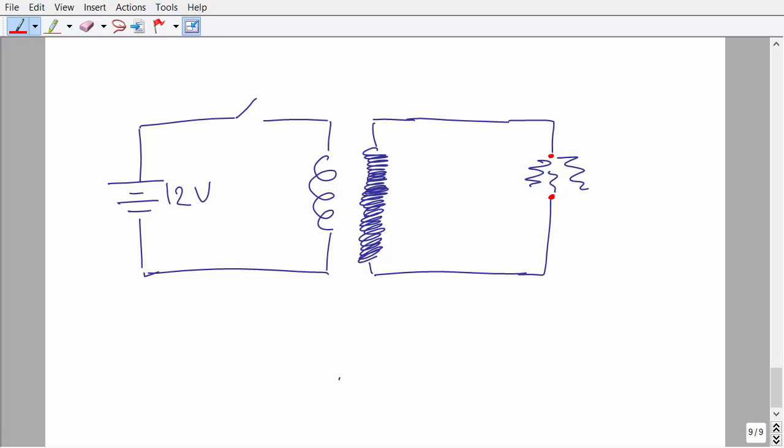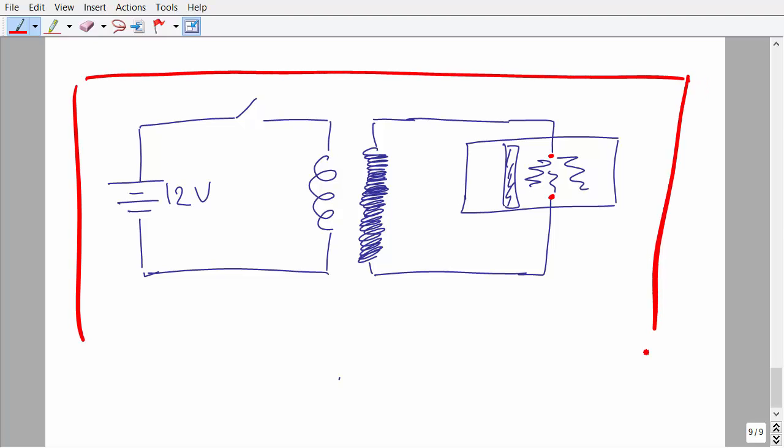And if you now embed that spark plug in a piston, there we go, let's try and draw that. There's our car cylinder, and here's our piston. If we put petrol in this region here, then this spark ignites the petrol, pushes this piston down, and we use that energy to drive the wheels of the car. Okay, so there is the basics of an ignition circuit in your car, and it's the way you turn 12 volts DC into many kilovolts to ignite the petrol to drive you along and